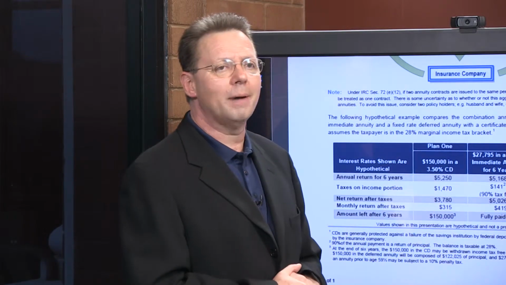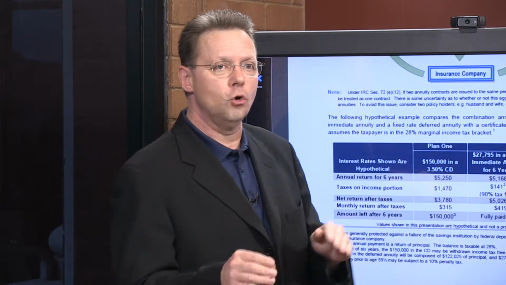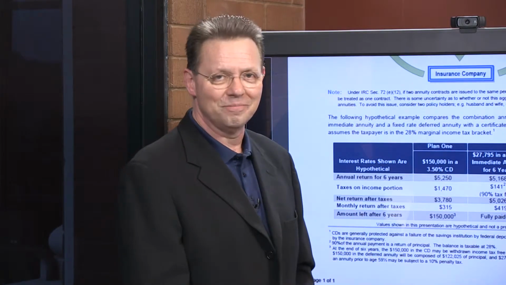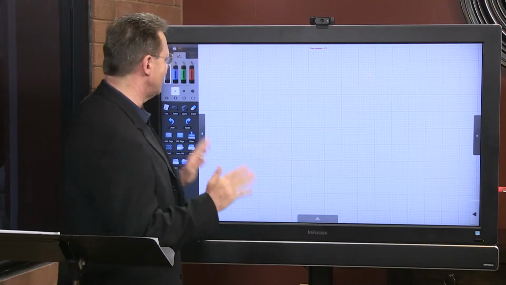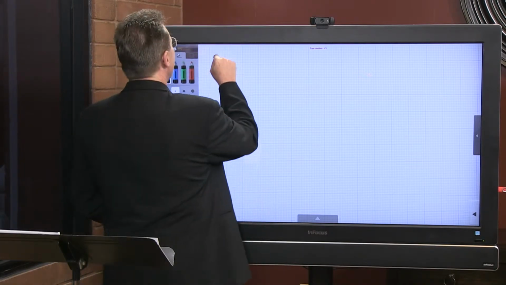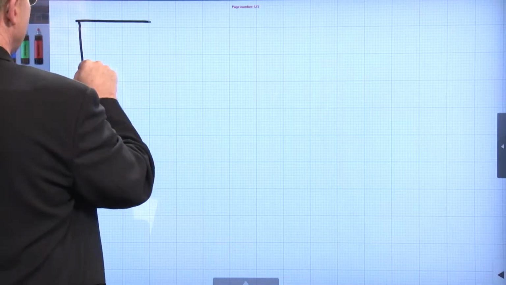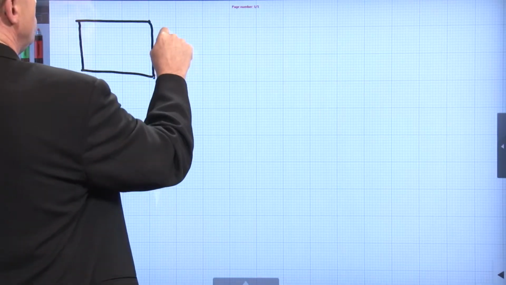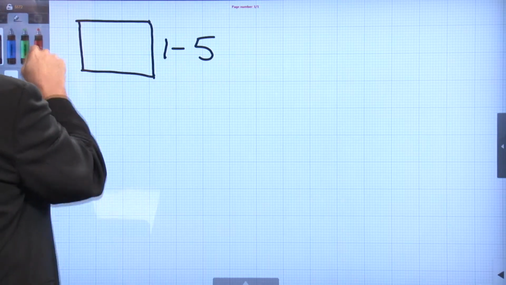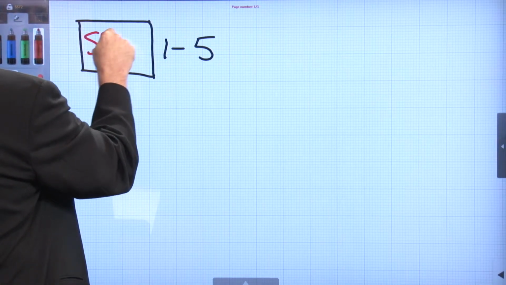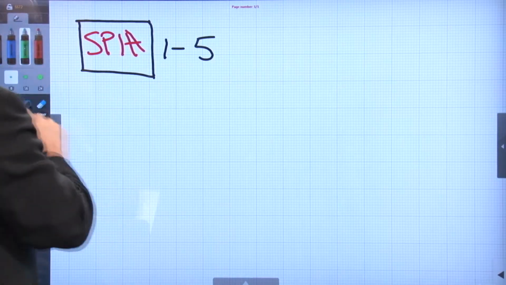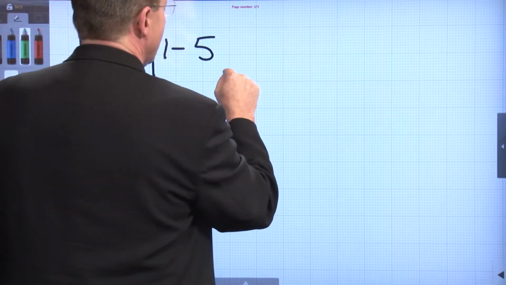Now what I want to do is talk about using several combination annuities in a platform, and I'm going to go to the drawing board now on the Mondo pad. Okay, now we're going to draw out a timeline using several combination annuities. The first one I want to do is draw out a box and say I'm going to use this for income during the first year through the 5th year. That is going to be my single premium immediate annuity, and it's going to generate income, and whatever that income is, that'll be current.